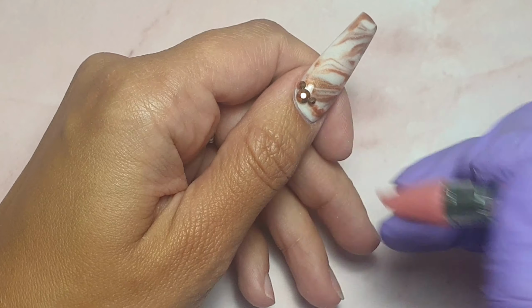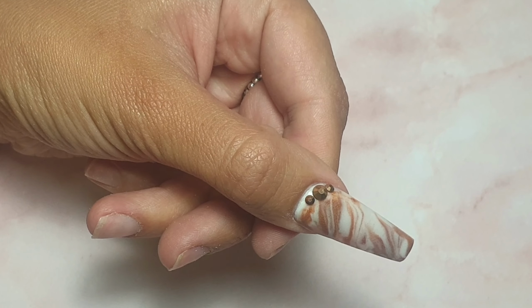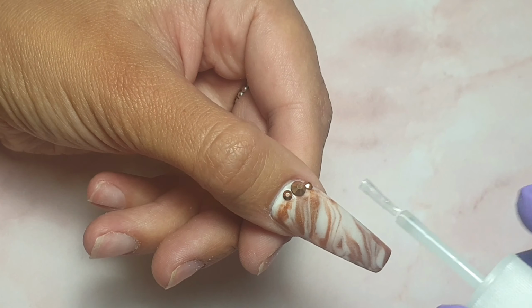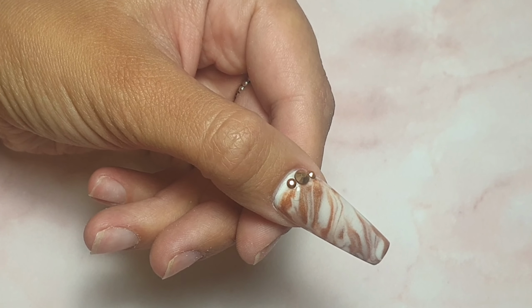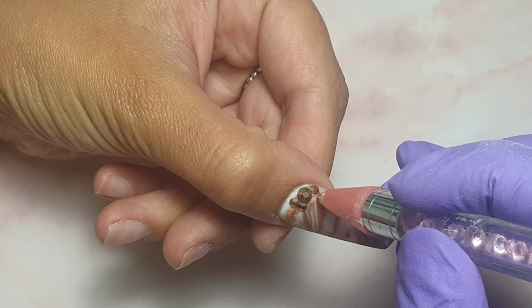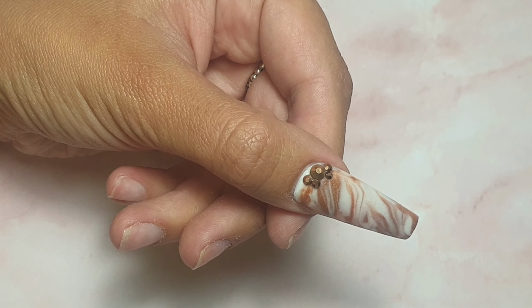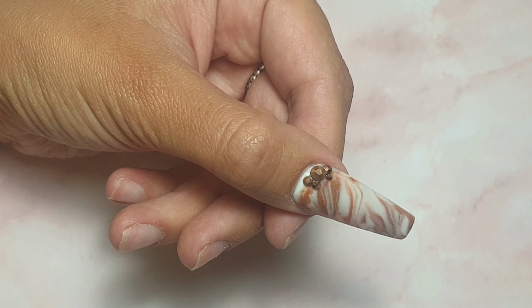Now these crystals were just cheapy ones from AliExpress, and after I'd finished my nail, I jumped in the shower and all of the colour pretty much rubbed off the crystals. So I'm going to end up removing those because I want to finish this set, but I don't get on with long nails. So what I actually did was, once I'd finished the video, I just clipped this nail down